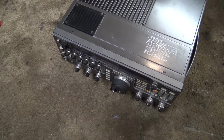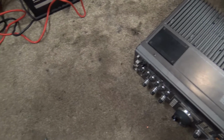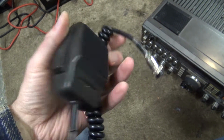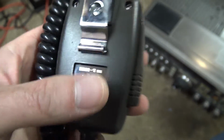So, I took it, obviously, because it's here. So I've got a microphone. I've got, this should work on it, hopefully. I think these come with them. I've got a couple of these, MH1 B8. And also, even better,